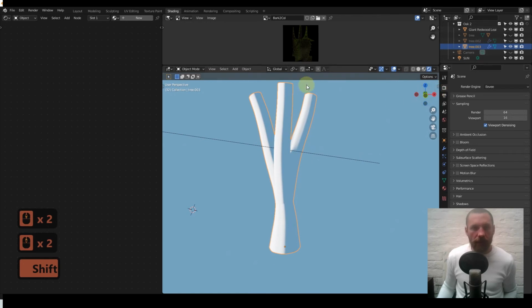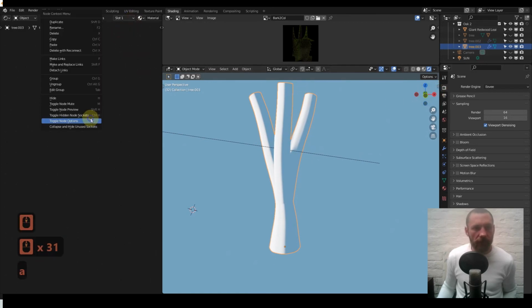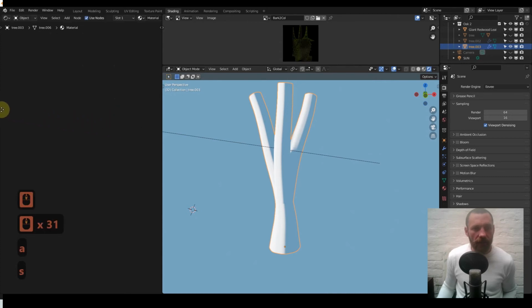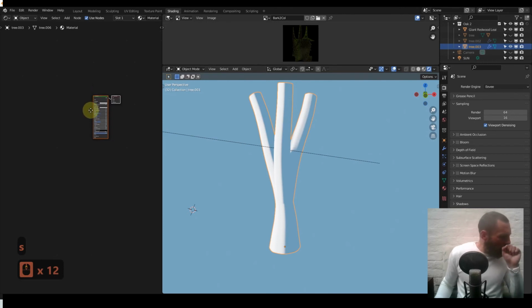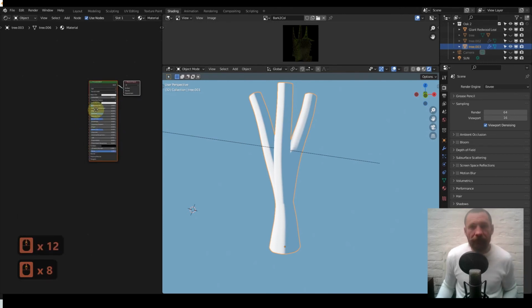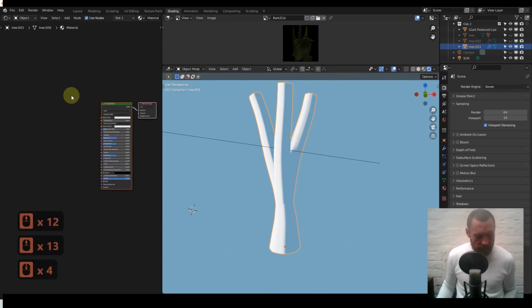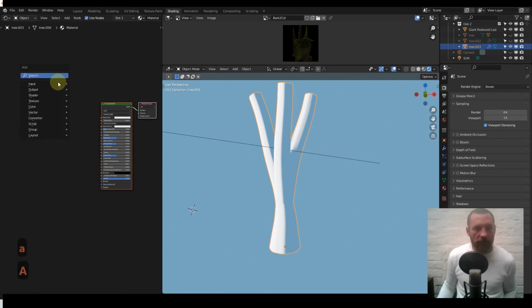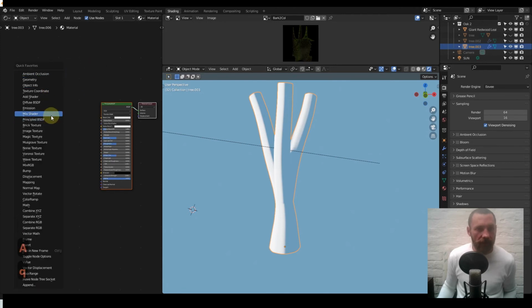So now we need to add a new material. Let's do an A S trick, because I don't know where that is. It's over here, there you are. You can do it Shift A, and then texture, shader, whatever. I'm going to do it in my quick menu. Just tell you what you need. You need